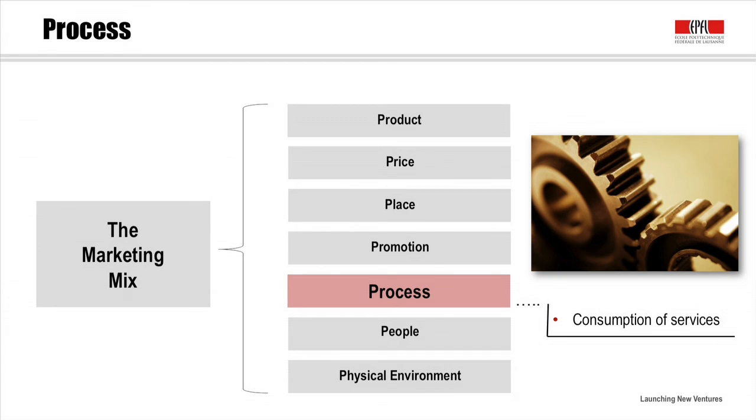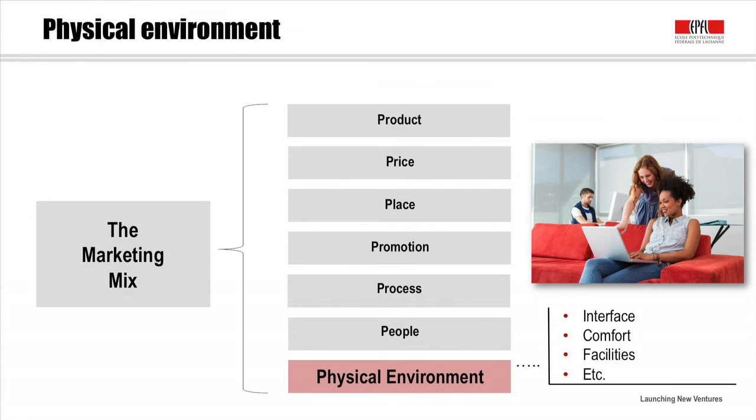On the website, etc. So the process dimension is also one that you might want to consider on that front. And finally, it's also about the physical environment. That means the environment in which the customer consumes the service or gets in touch with your company to purchase a product, or both. Think about the interface that is created by your company to have the customer on the site, in a store.